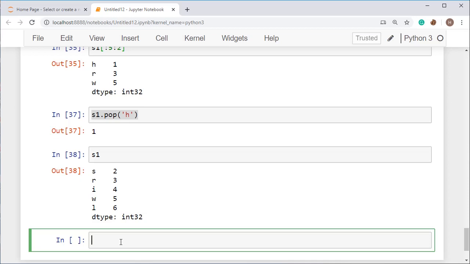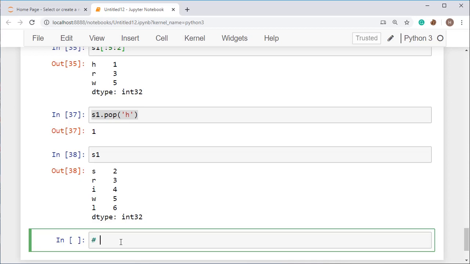Now we are moving towards another data structure, called a data frame. This one is in tabular form, and its size is also mutable. It is a two-dimensional data structure, like a table. There are two dimensions, one is row and another is column, so that's why this is 2D. I'm going to show you the examples.